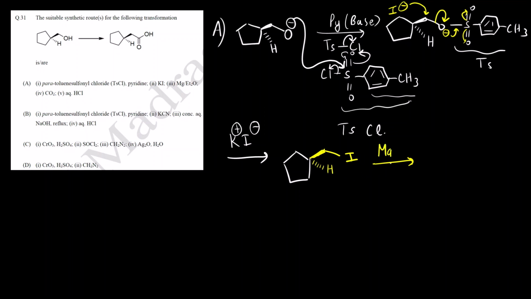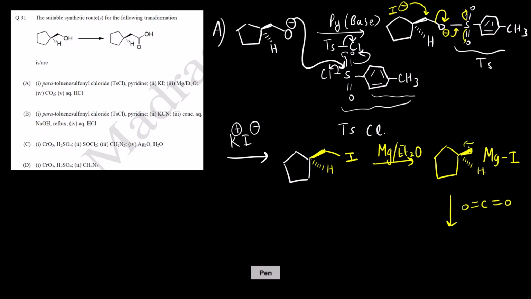Next step is you are adding Mg, Et2O. So this will form a Grignard reagent, CH2MgI, with hydrogen. And then what is the next step? You are reacting it with carbon dioxide. This is CH2 minus, Mg plus. So this will attack the electron deficient carbonyl carbon. This will open up, and after you add aqueous HCl, that is the last reagent,